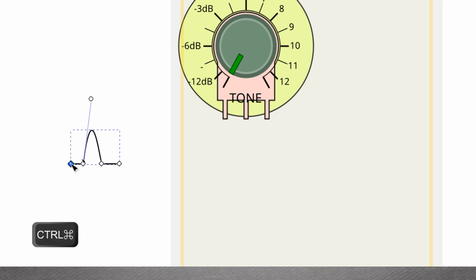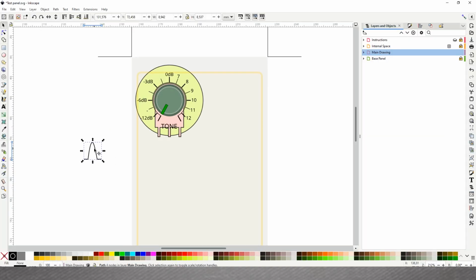Keep the control key pressed while moving the node so it doesn't change even if I move vertically. We have created the drawing. Let's scale it a little bit to make it suitable to be put here. And now we want to put this element inside this